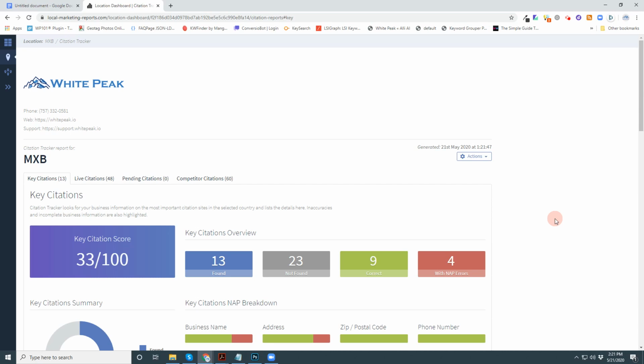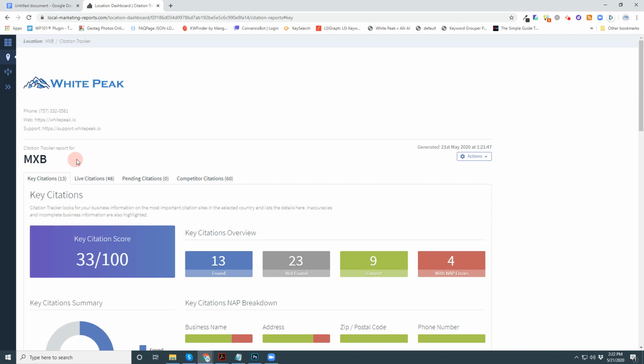And number three, there are going to be times where there are actions that are required by you, and we want to make sure that you know when that's the case and what you should do. So without further ado, let me jump into these two main reports that you're going to see. The first one is something known as a citation tracker report. It has a lot of interesting information, and I'll start by saying it has these four